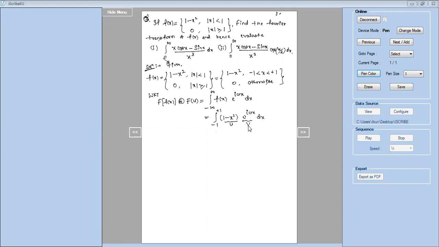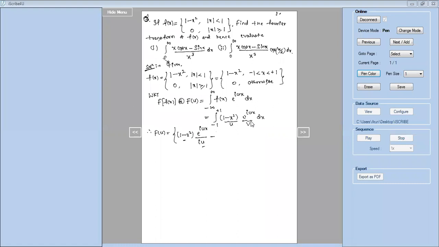So this implies f of u equals, Bernoulli's rule. What is the first term of Bernoulli's rule? It is u, that means 1 minus x square, into v1. U I am writing as it is, v1 means integration of this term. So integration of e power iux is e power iux divided by iu. U v1 is the first term, second minus. So differentiate this term, integrate this term, second one will come.